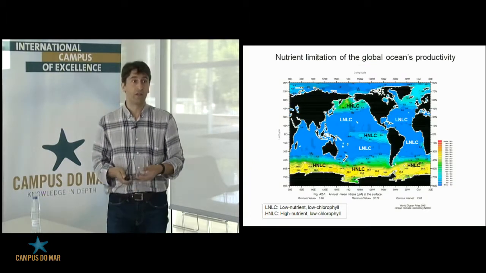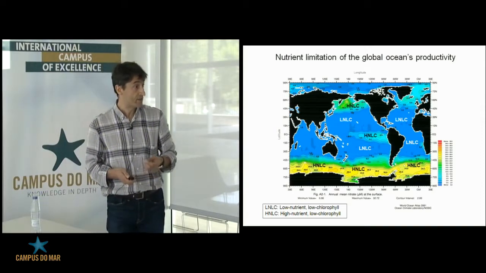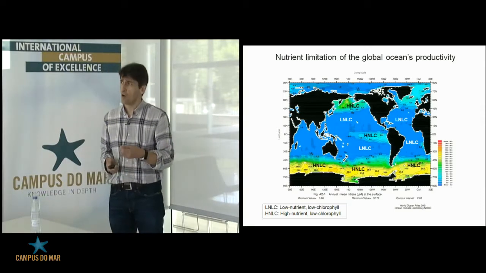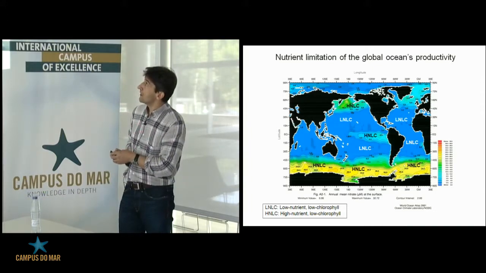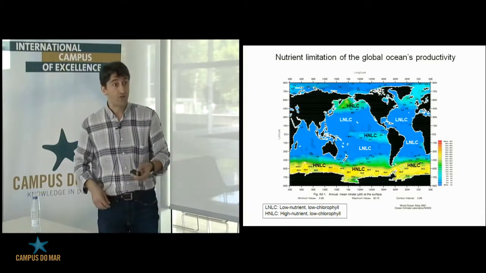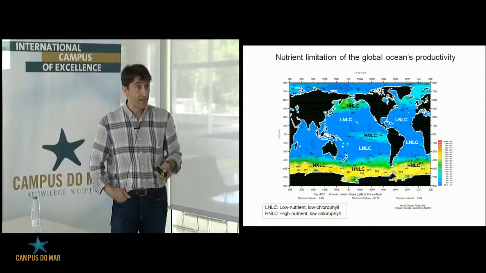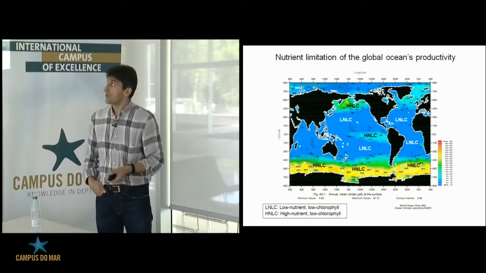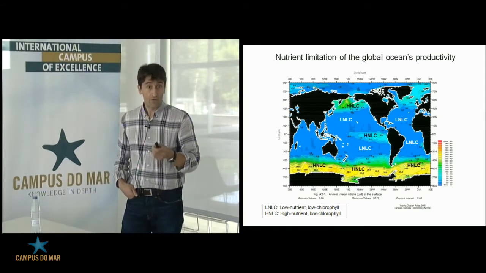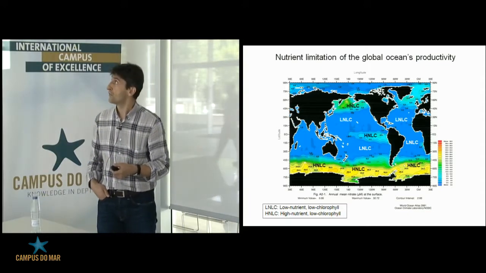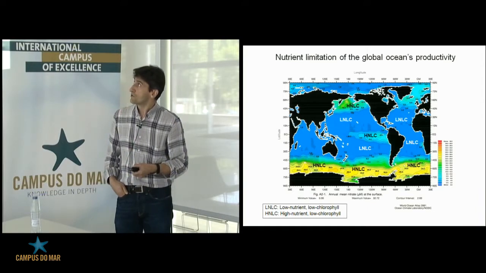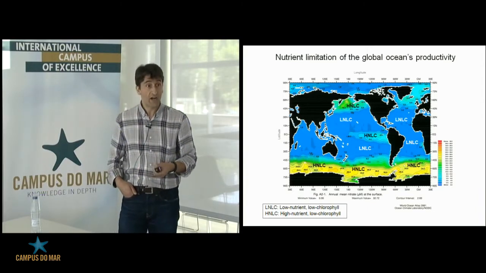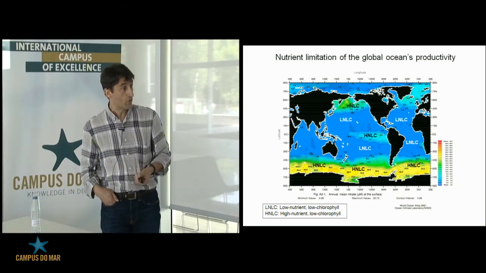Most of the ocean is limited by nutrients, but this limitation can actually occur in two different ways. You can have high nutrient, low chlorophyll waters in which nitrate and phosphate and also silicate is present in sufficient concentrations, but iron, the micronutrient iron, is not. Therefore, you have a limitation of the system because of the iron. Whereas in the subtropical gyres, typically you have a low nutrient, low chlorophyll concentration